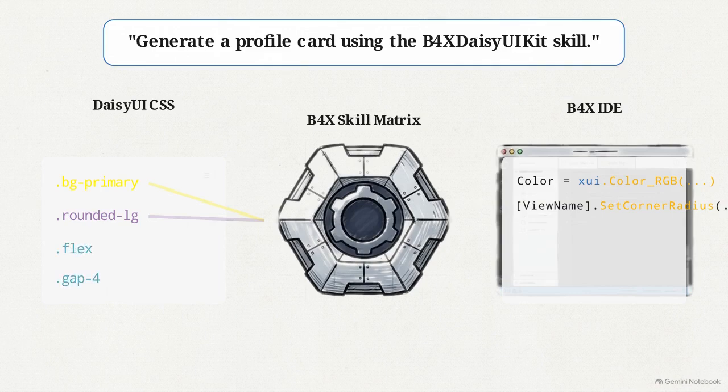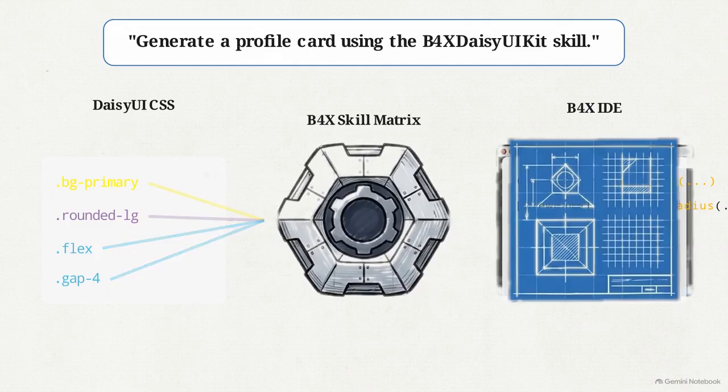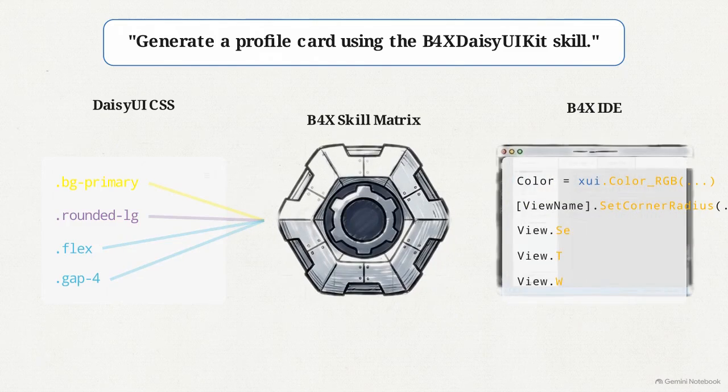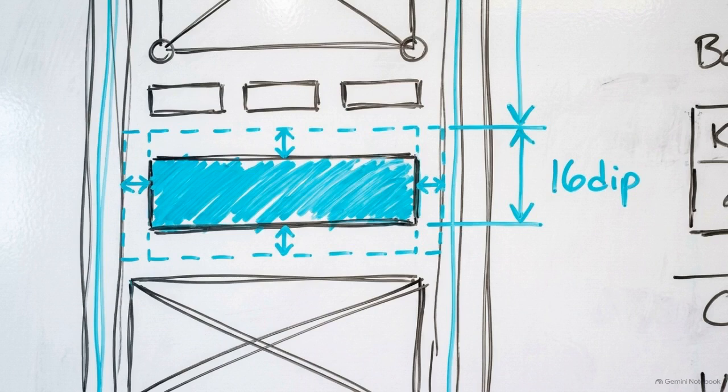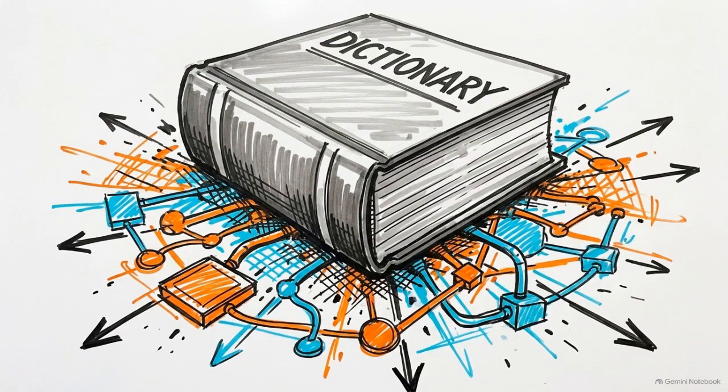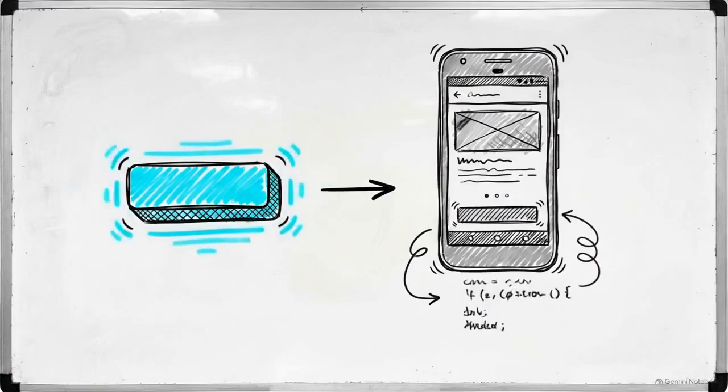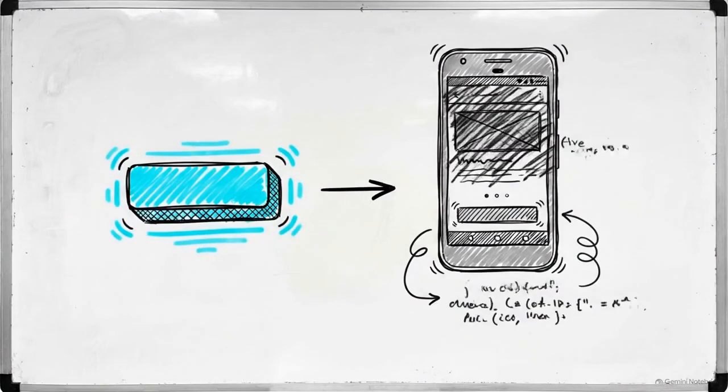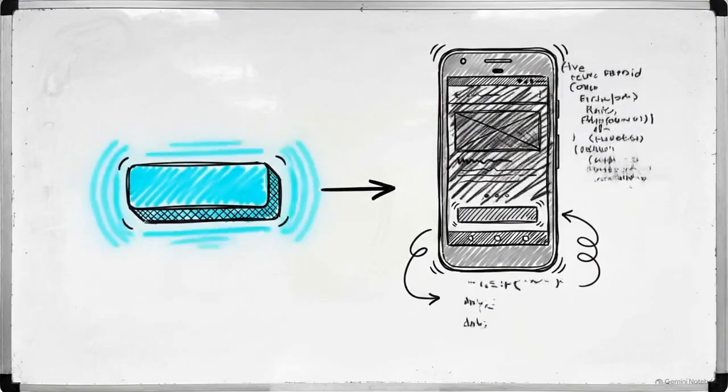The translation mapping extends to the structural physics of the layout as well. DaisyUI's grid and flexbox utility classes, like flex and gap-4, are converted into complex B4X anchoring and layout constraint methods. Padding and margin utilities, such as p-4 or m-2, are translated into precise device-independent pixel measurements. The skill files force the LLM to bypass its neural network probability algorithms and reference a hard-coded dictionary. Dictating a granular mathematical translation at the class level ensures the AI generates pure native views that perfectly emulate the